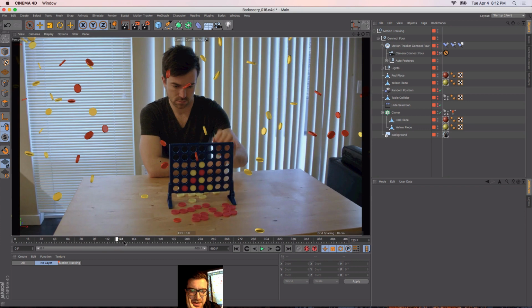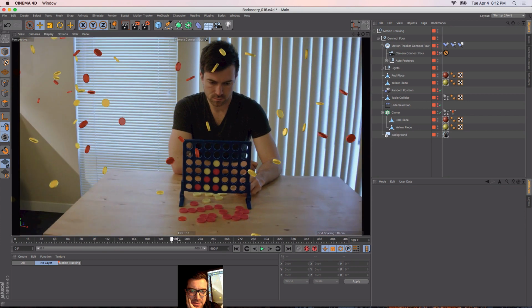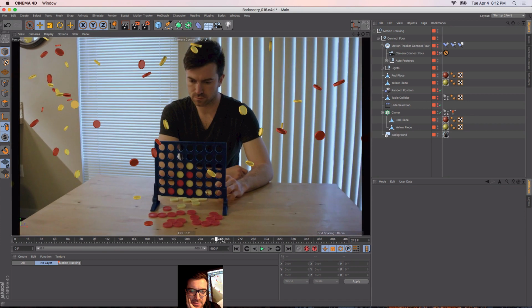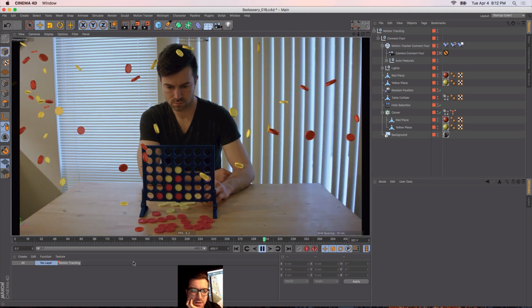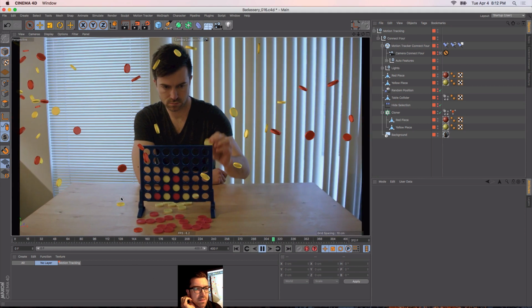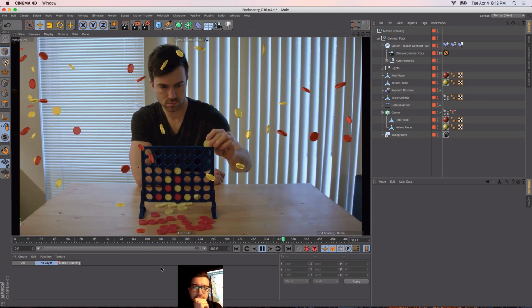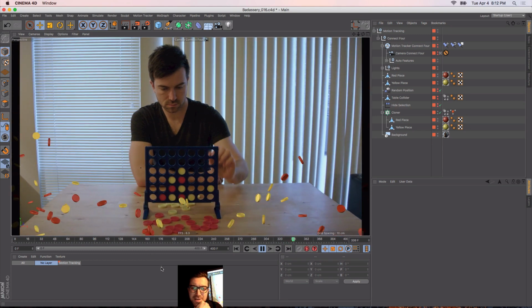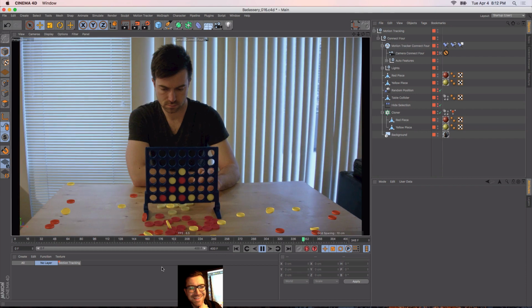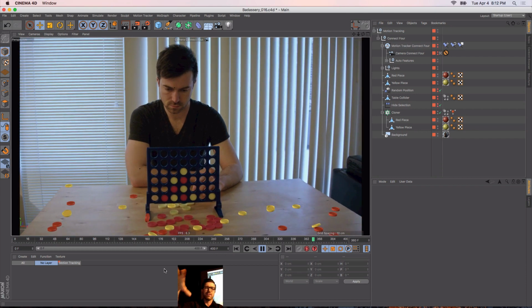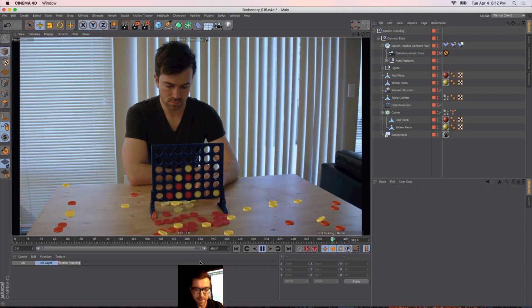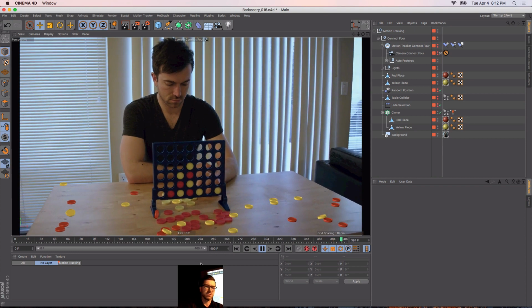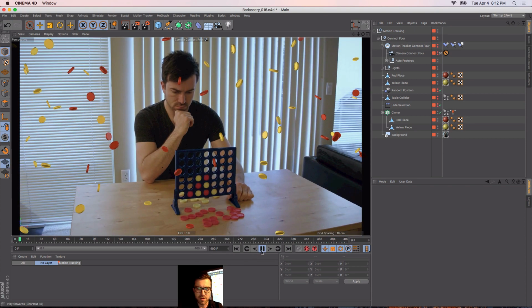So we get a beautiful track. And then I'll just play it from here. You'll notice there's a couple pieces anchored to the table. Oh, shoot. There's also a collider on the table so that it was able to catch all the pieces. And obviously there's no reflections, there's no shadows because this is in the viewport, but